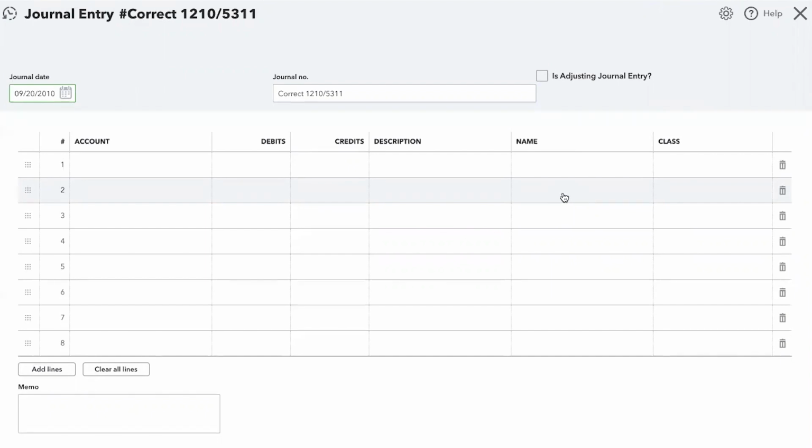This is generally something that bookkeepers or accountants do, and you can pretty much complete all the functions that you need to using the other built-in processes within QuickBooks. But if you need to know where journal entries are at, that's how you get to a journal entry. And to complete a journal entry, you enter the journal date, and then the journal number,